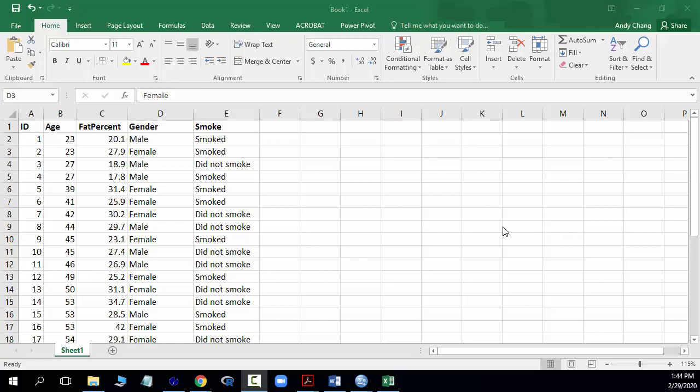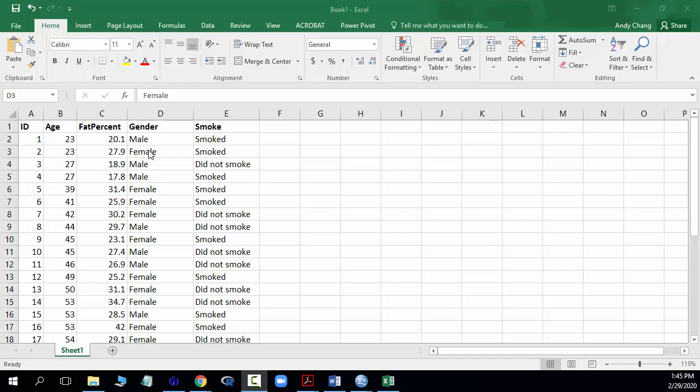In this video, I'd like to find out whether there's a difference in terms of body fat percentage between male and female. So body fat percentage is a quantitative variable and gender is a categorical variable. So this analysis can be considered as studying the association between a categorical variable and a quantitative variable. We will calculate the mean and standard deviation for each gender. We also will make a side-by-side box plot so that we can visualize the difference between genders in terms of